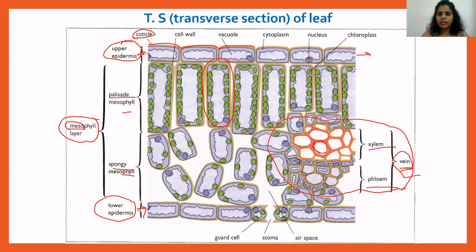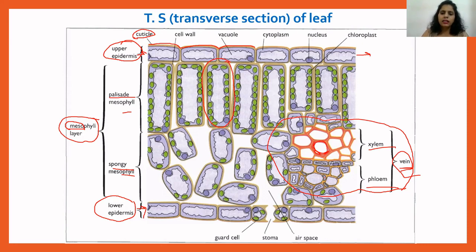Okay, remember these cells are thick walled. They are known as xylem. And surrounding these thick walled xylem cells are phloem cells. More in detail about xylem and phloem you will learn in the unit transport in plants, in further units.